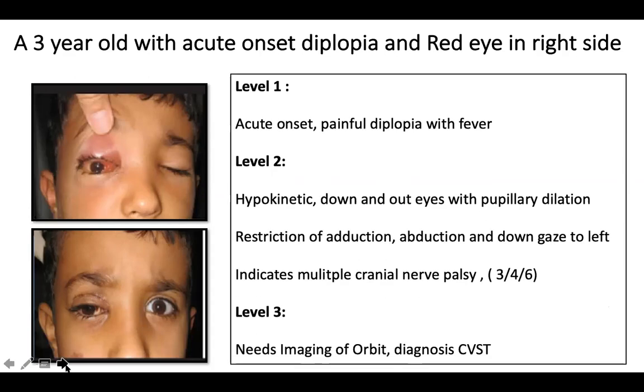So what happens when we examine this child? It's a painful diplopia. The eye is down and out, the pupils are dilated, okay. So it clearly indicates a third nerve involvement, because once your pupils are involved, it indicates a clear third nerve involvement. There is adduction weakness and abduction weakness, so both third and sixth nerves are involved. This sort of combination of third and sixth nerve involvement, with an eye which almost doesn't move, which is monocular, is clearly indicative of cavernous sinus involvement. So this child immediately needs imaging to look for cavernous sinus thrombosis, okay. A monocular involvement with multiple cranial nerves can indicate a cavernous sinus lesion, where all the multiple cranial nerves converge together.